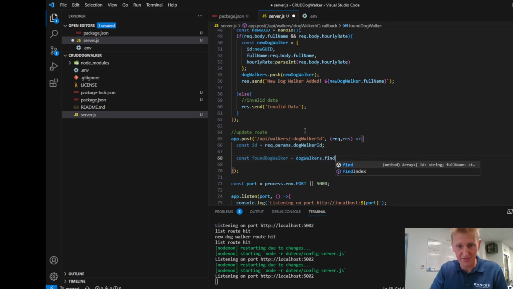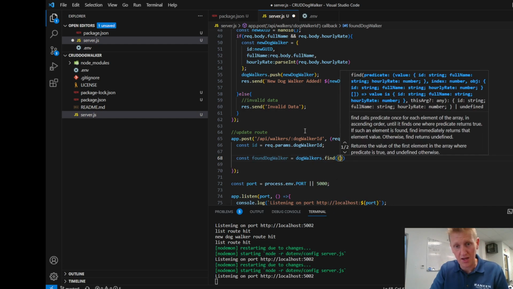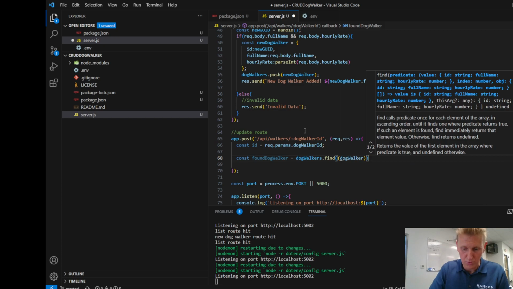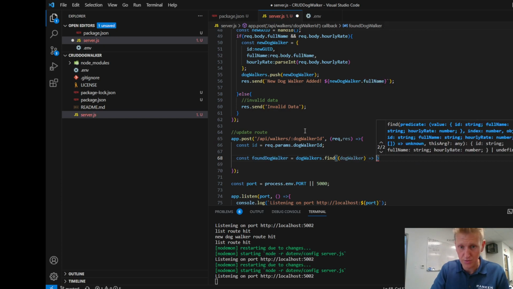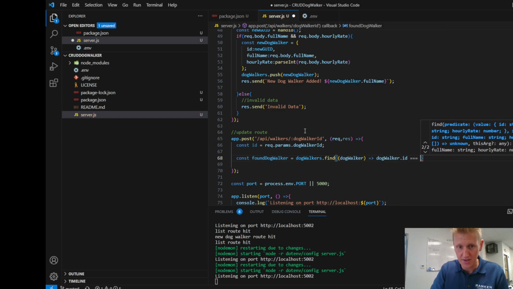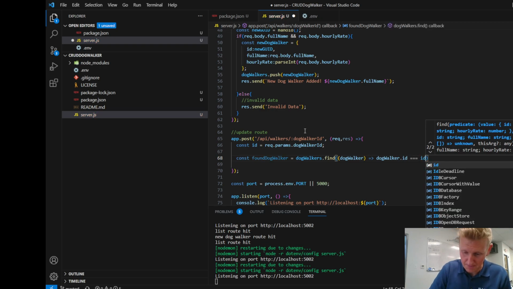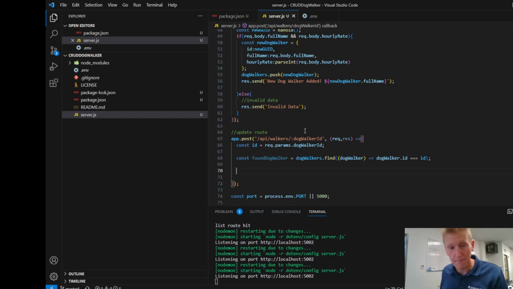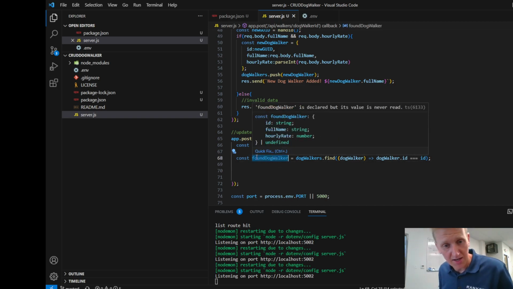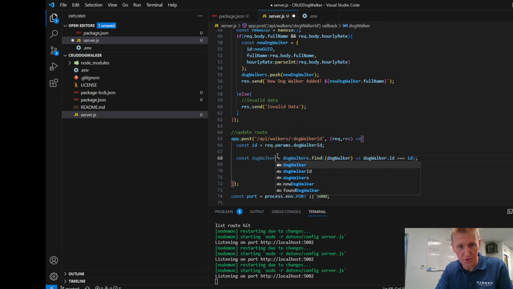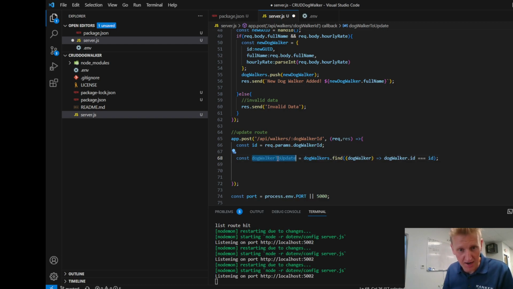Dog walkers dot find, and we can just do dog walker where dog walker dot ID is ID. So here's the object we're going to update, and maybe we change that identifier to dog walker to update. So this is our object that we're going to update,